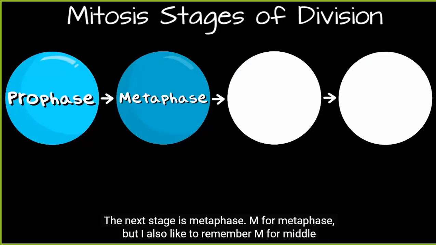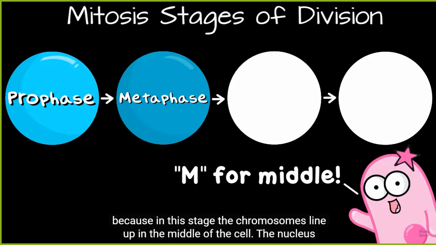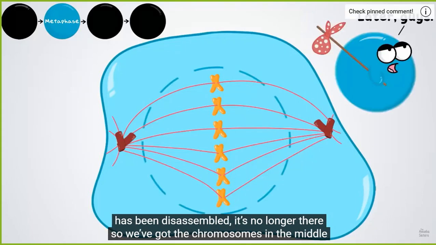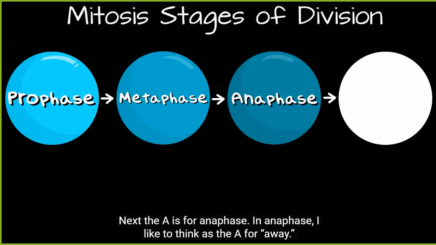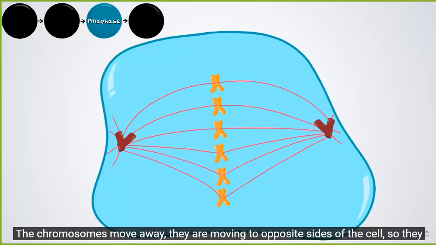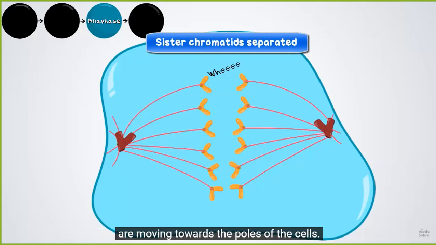The next stage is metaphase. M for metaphase, but I also like to remember M for middle because in this stage, the chromosomes line up in the middle of the cell. The nucleus has been disassembled, it's no longer there, so we've got the chromosomes in the middle waiting there. Next, the A is for anaphase. In anaphase, I like to think as the A for away. The chromosomes move away. They are moving to opposite sides of the cell, so they are moving towards the poles